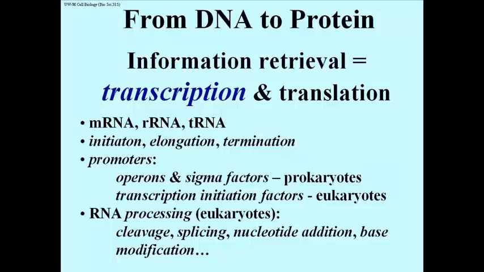There are three main kinds of RNA: messenger, ribosomal, and transfer RNA. The transcription of any kind of RNA occurs in three steps called initiation, elongation, and termination. We'll learn about promoters, which are the start sites of transcription. We'll look a little bit at prokaryotic and eukaryotic transcription and RNA processing by cleavage, which is to say simply